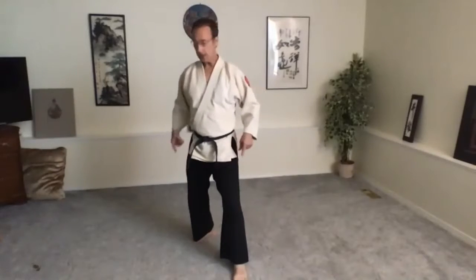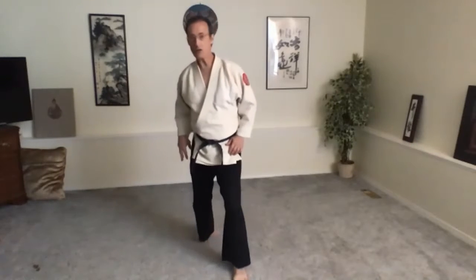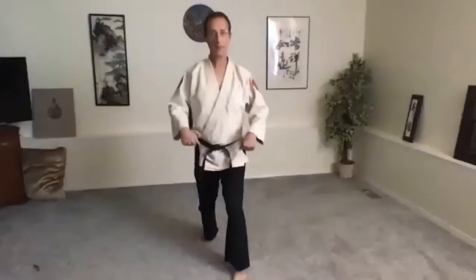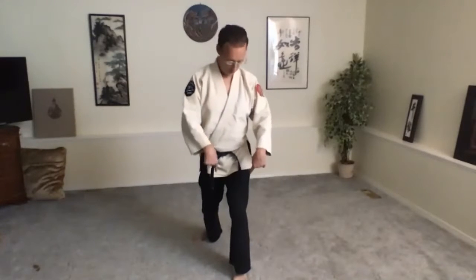Okay, let's go into some Funiko Kendo. Same thing, use the back heel, the back foot to push you forward. Use the front foot pushing into the ground to push you back. Push into the ground to send you forward. Push into the ground through the front leg to send you back. And upper body and arms just go with that. So you push from the back foot, it goes through your hips, send it up through the arms, push through the front leg, sends you back. And with a tenkai,